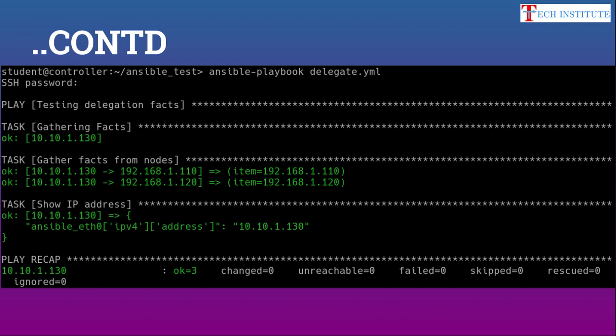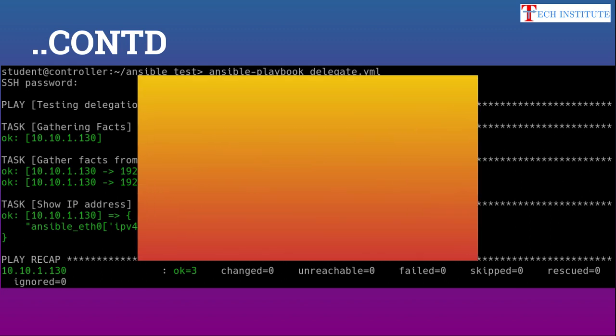So like this, if you use delegate_facts, it will take the facts from your current node only, not whatever you gathered during your delegation task. So like this you can use delegation options in your Ansible to run some task on a node other than the one you specify in your hosts, like your localhost or some other host. Hopefully you understand this.